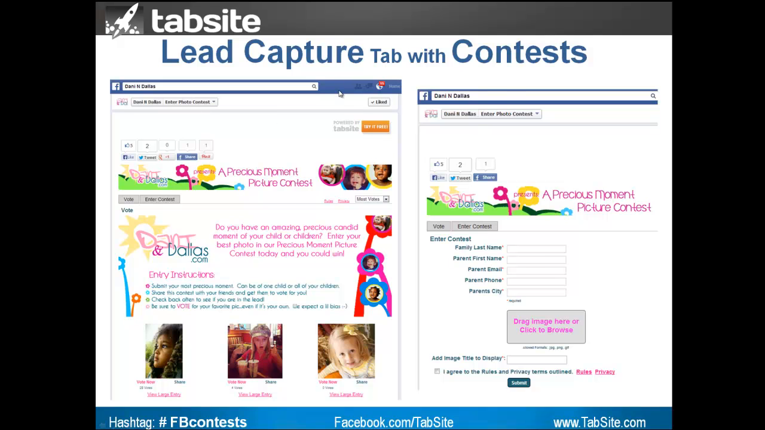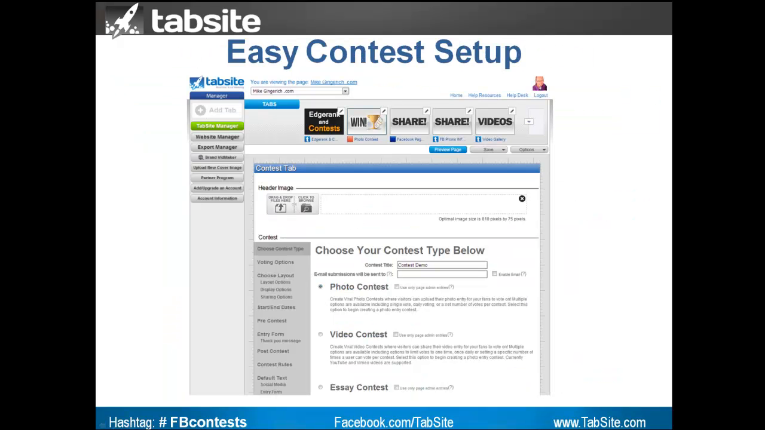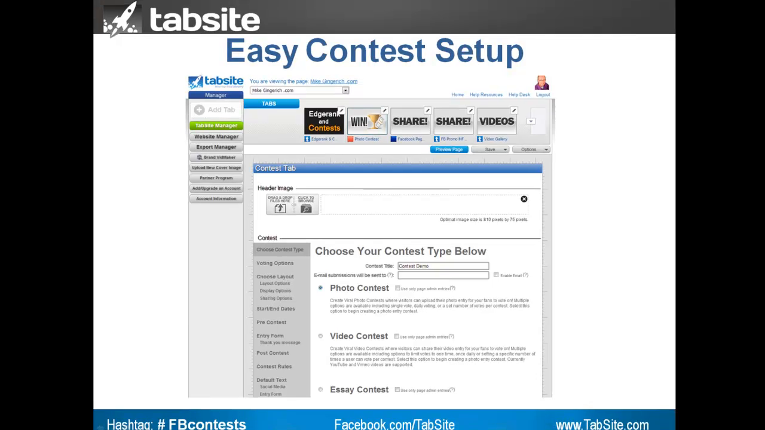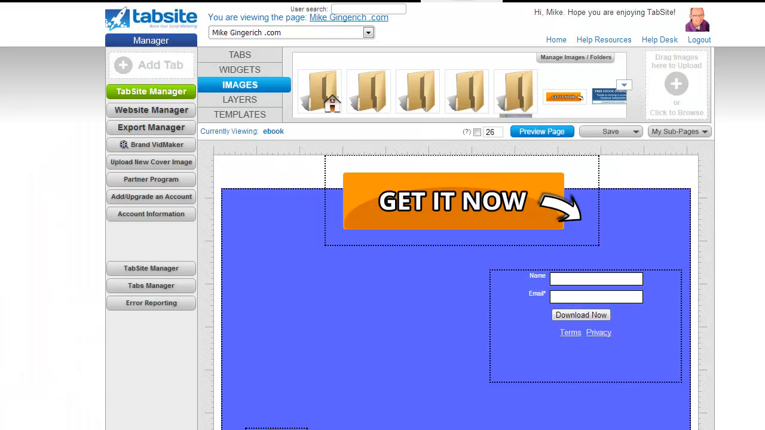So I want to dive back into the manager area now and just show you. While I'm here, let me show you in a drag and build tab, I could even like-gate this so that in order to get the ebook and join my mailing list, they would have to like my page first. If I want to do that, why would I want to do that? Maybe I'm running a Facebook ad to a target audience that meets my demographic, and so these are